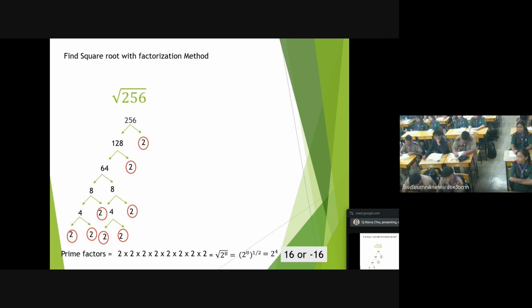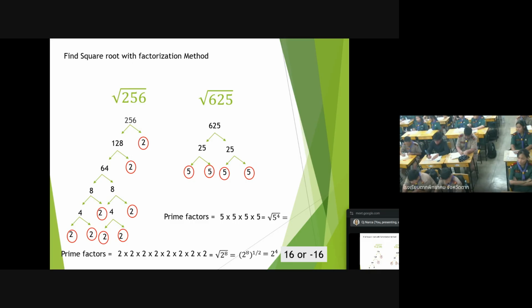Okay? Easy, right? So that is how we get by using factor tree. Okay, how about this? 625, factor tree. So we have 25 times 25. 5 times 5, 5 times 5. And 5 is prime, right? So therefore, count all of the primes. We have 5, 4. So, get this one. So 5 power of 2 and 5 times 5,